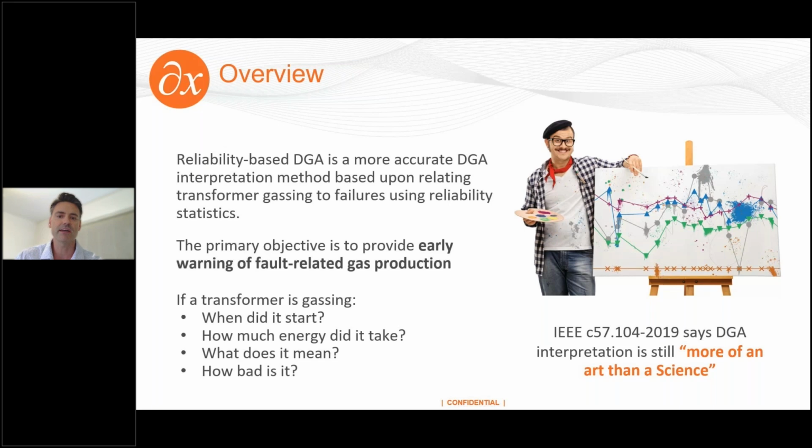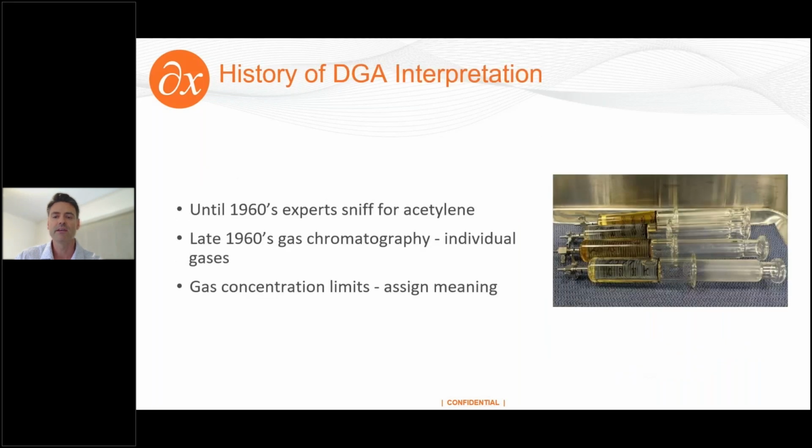So dissolved gas analysis, or DGA, is a widely used, effective, non-intrusive method for monitoring, periodic screening, and investigative diagnosis of power transformers. Until the 1960s, experts would actually sniff the transformer headspace gas to see if they could smell acetylene, which is a gas produced in extreme temperatures. So in the late 1960s, chromatography was introduced to DGA,